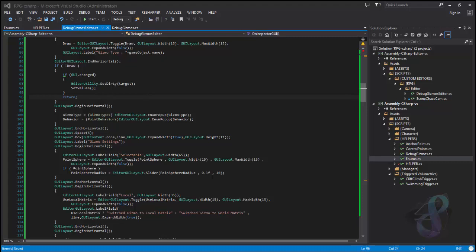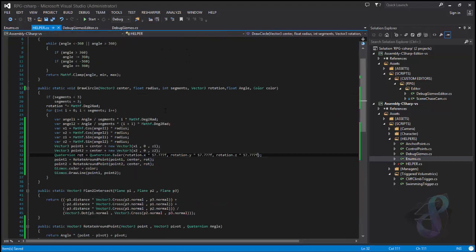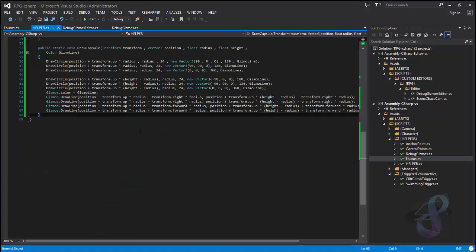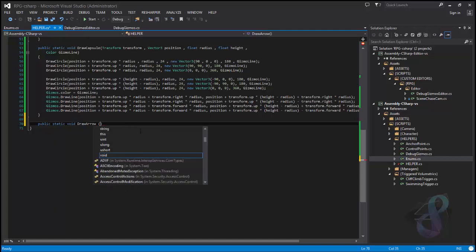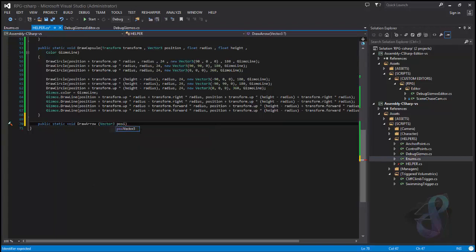In drawing arrows, we'll go into helper. I like using helper a lot. So public static void DrawArrow. Okay? For DrawArrow, we get a Vector3 position, a Vector3 direction, and a float that we say headLength. We give a default value of 0.2f to that,